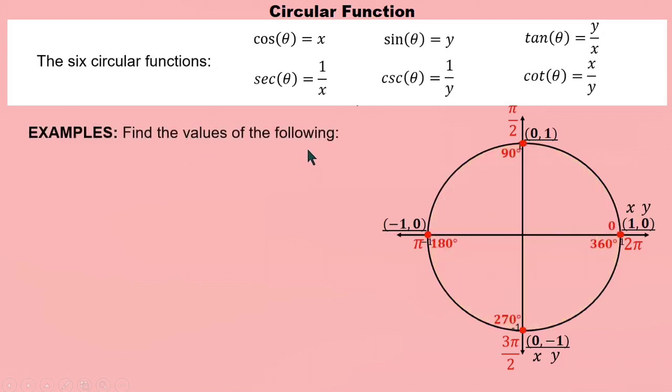Examples. Find the values of the following. Letter A. What is sine 5 pi over 2? On the unit circle, we cannot immediately identify or spot 5 pi over 2. However,